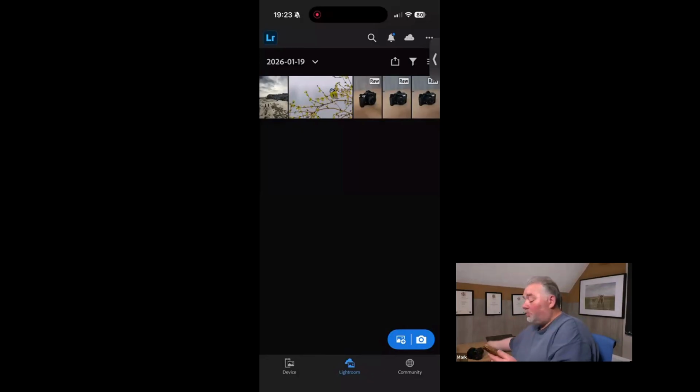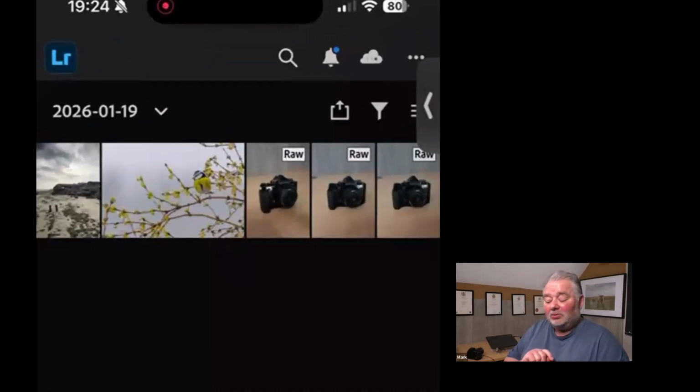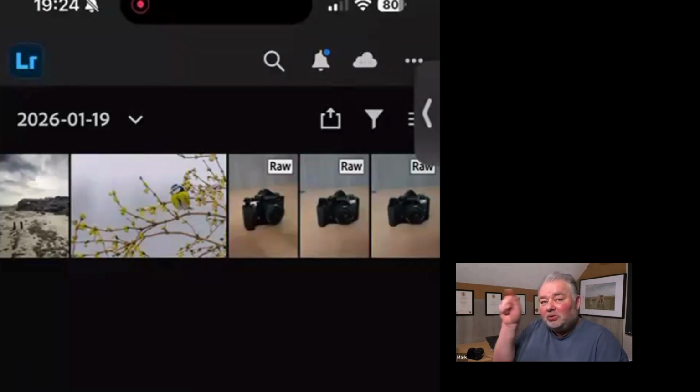Now, at the moment, you might see in the top of the screen the little cloud. I don't know if you can see, it's got little dots whizzing across. That means it's syncing to the cloud. Okay. Whilst it's syncing, or if you've got syncing turned off, because what you can do is you go on the